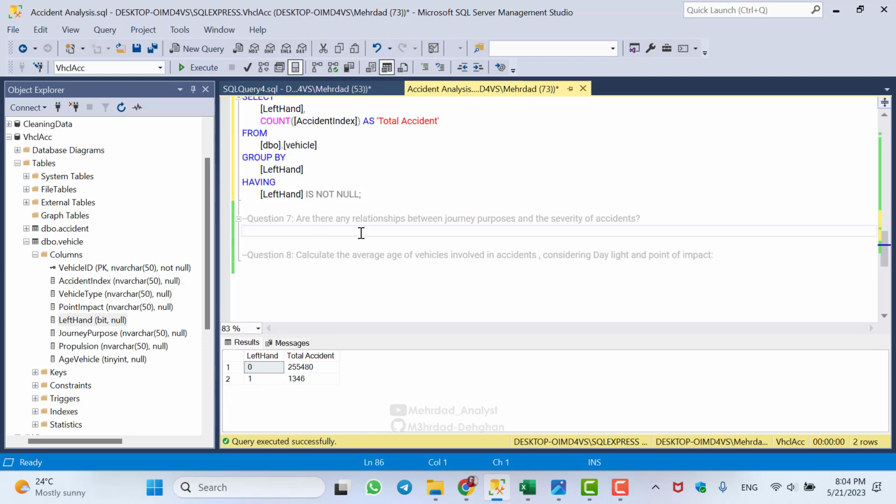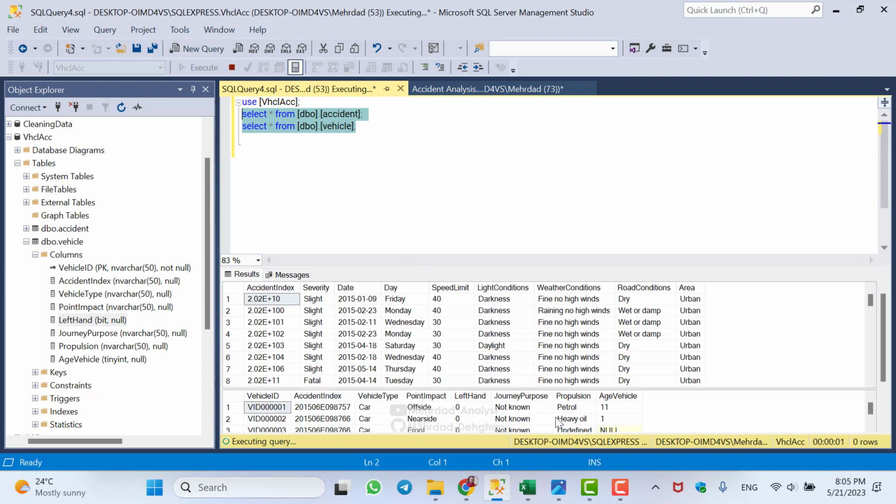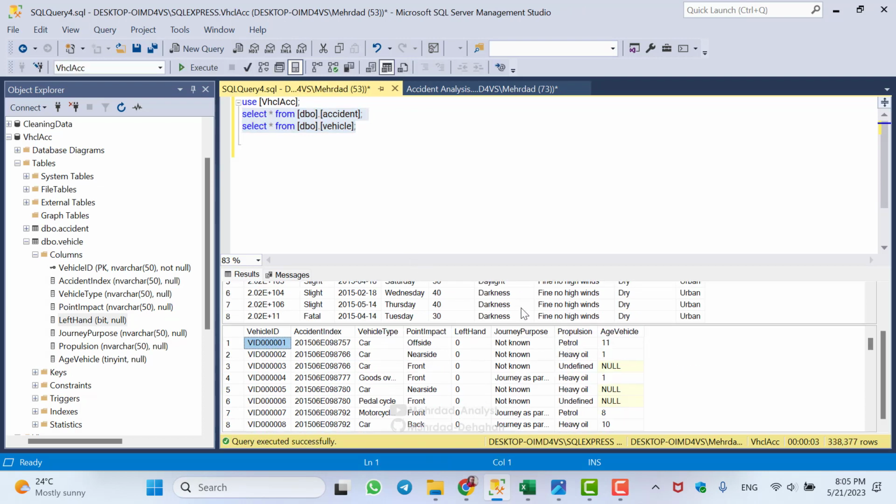Question number 7 is asking, is there any relationship between the journey purpose and the severity of the accident? In this question we want to have two tables and we have to use the join function, because this question is asking about two different variables from two different tables. So I have to go here again. I want to call it to see the data. Okay,